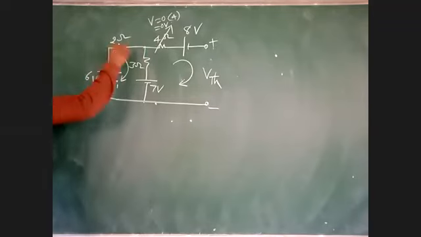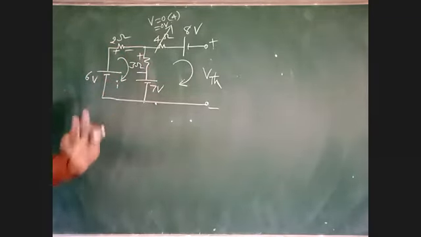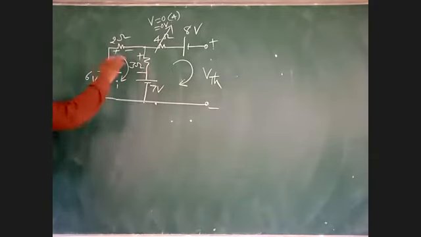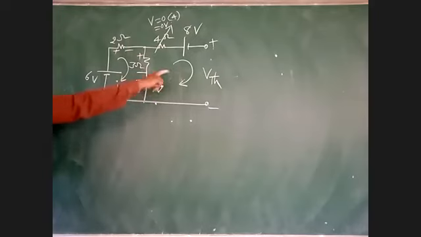In the direction of current, I am taking plus. For the reference direction, I am not taking any plus and minus. See, in this loop, I am not taking any plus and minus. Only in this loop, I am taking plus and minus. Only in the direction of current do you have to take plus and minus, not here, where the current is 0. There is no need to take plus and minus in this loop.